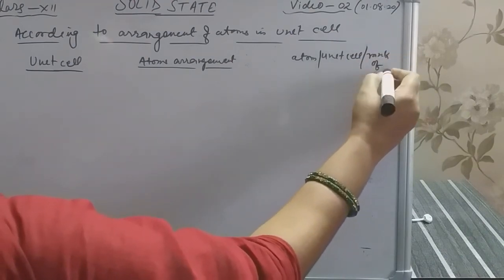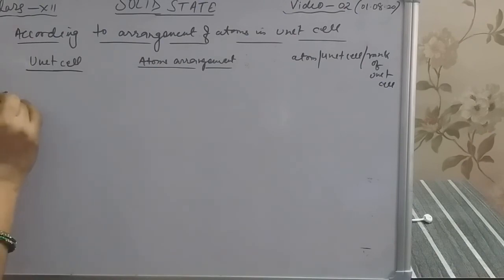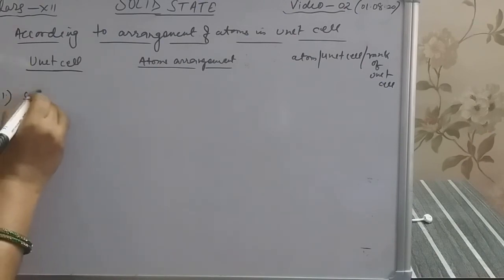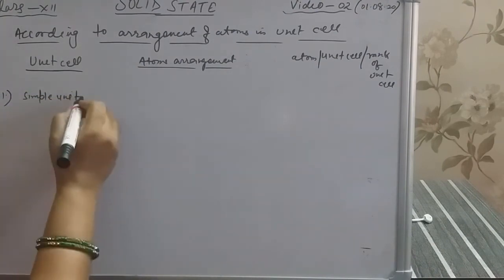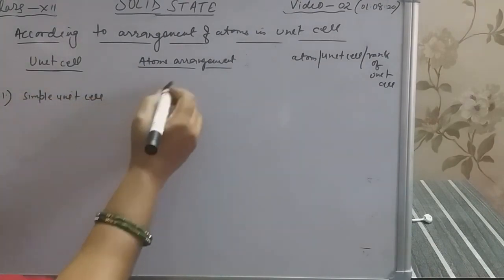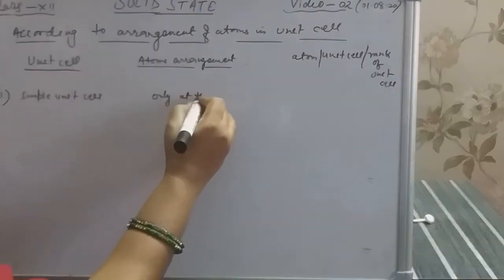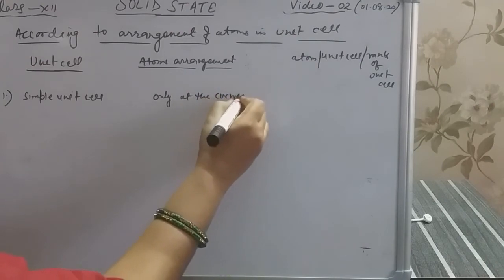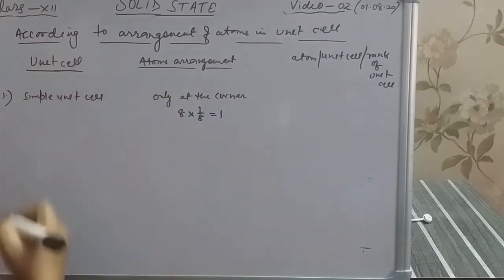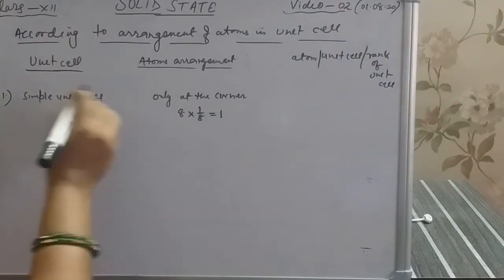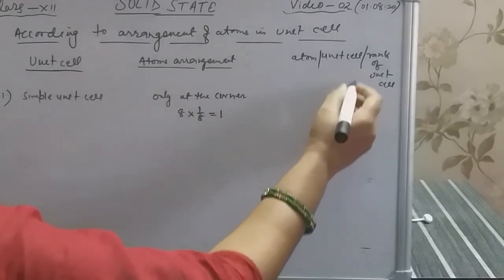At first we talk about the simple unit cell, which is also called the primitive unit cell. In the simple unit cell, atoms are present only at the corner. So we find one atom arranged in the simple cubic unit cell, and the rank of the unit cell